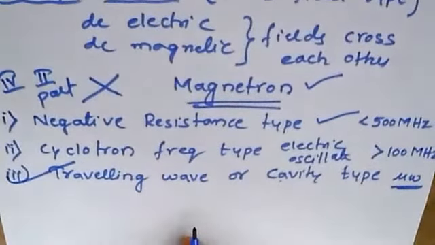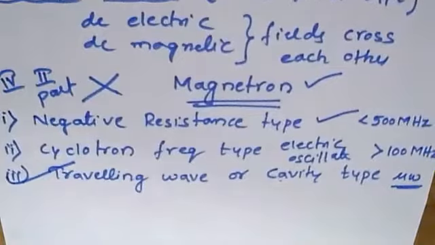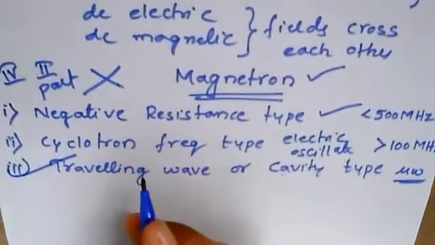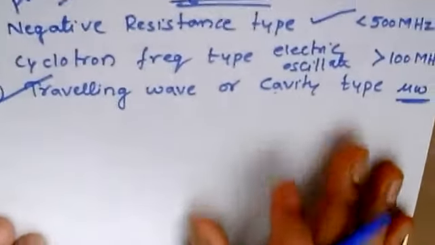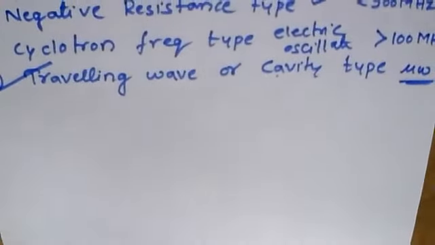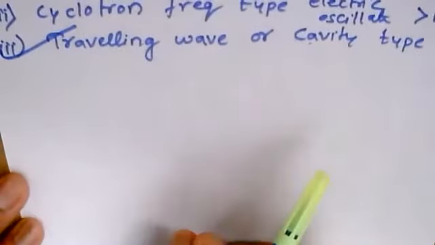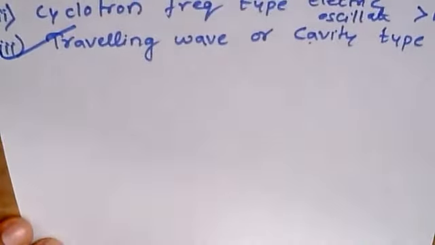Now let us move in detail regarding the M type of tubes. It is very interesting. If you listen to it properly, then you can easily analyze and understand this topic. It is such an easy topic, you can write it on your own. So I insist that you please listen to the class properly, and don't just log in and move out, so that the topic will be very clear. I'll make it very clear for you so that there will not be any confusion. Still, if you have any doubt, you are always welcome to ask, and I'm ready to clarify it.